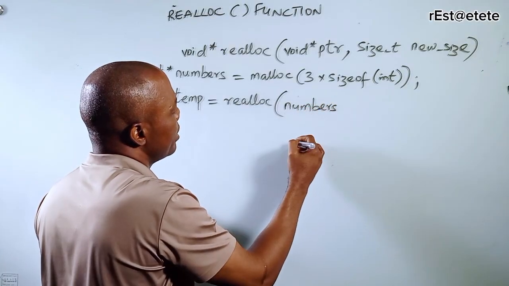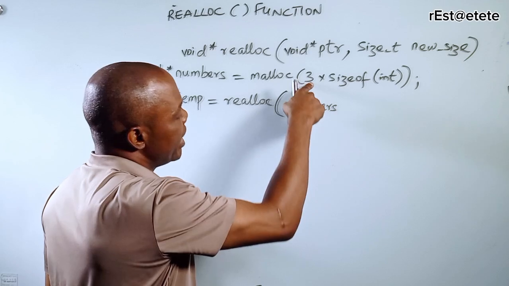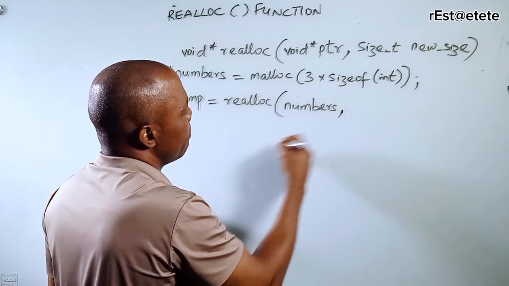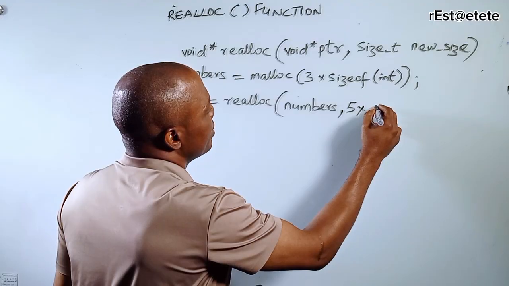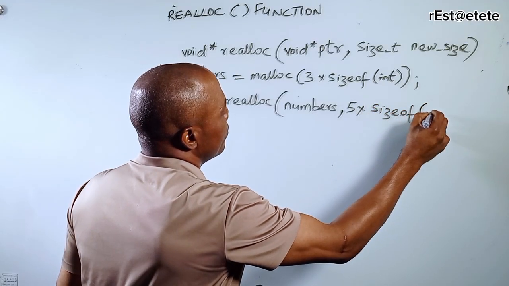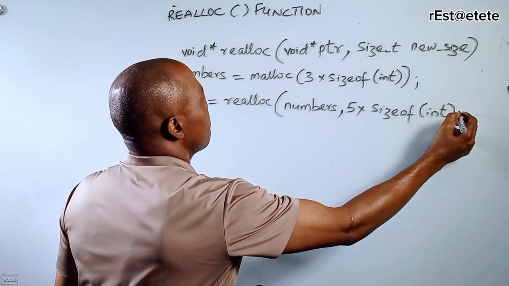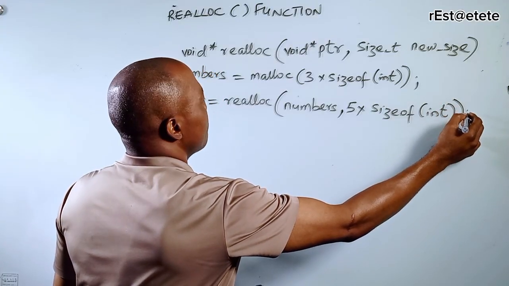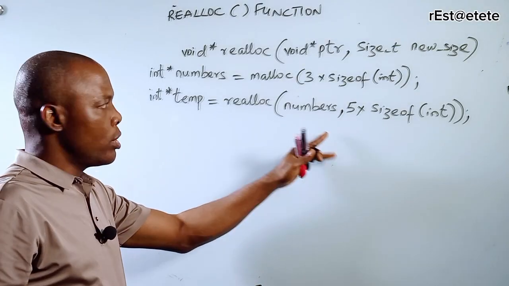Meaning I'm retaining the initial 3 elements. So, comma. Then, now I want to increase it to 5 times sizeof(int). Right? So this is how I'm going to bring in my realloc to increase